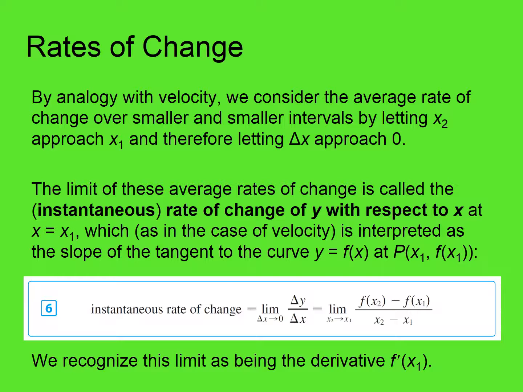So instantaneous rate of change is the limit as delta x goes to 0 of the difference quotient delta y over delta x, which is the limit as x2 approaches x1 of the difference quotient f of x2 minus f of x1 all over x2 minus x1. We recognize this limit as being the derivative f prime of x. Okay, and so that's the great achievement here, that we're able to deal with instantaneous rate of change,